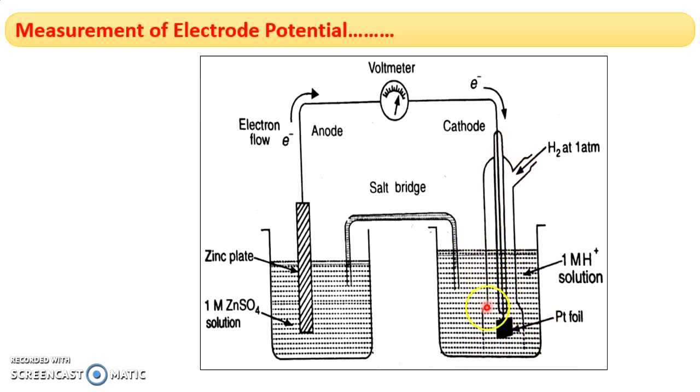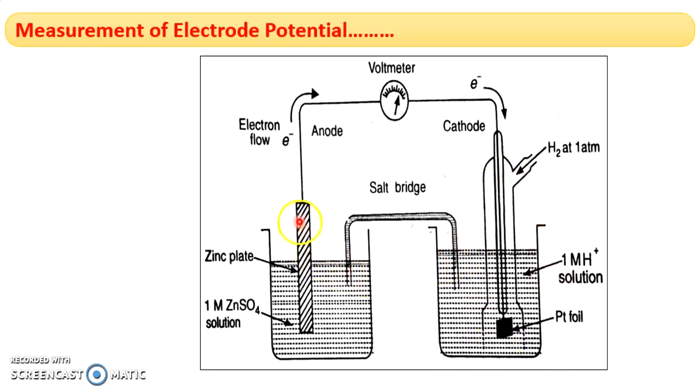This is the reference electrode here, and the standard hydrogen electrode potential is fixed to 0 when the conditions are standard conditions. The standard conditions are that hydrogen must be passed into the dilute HCl solution at a pressure of 1 atmosphere, and the dilute acid concentration must be 1 molar. So this is the standard hydrogen electrode. Now its electrode potential is 0.